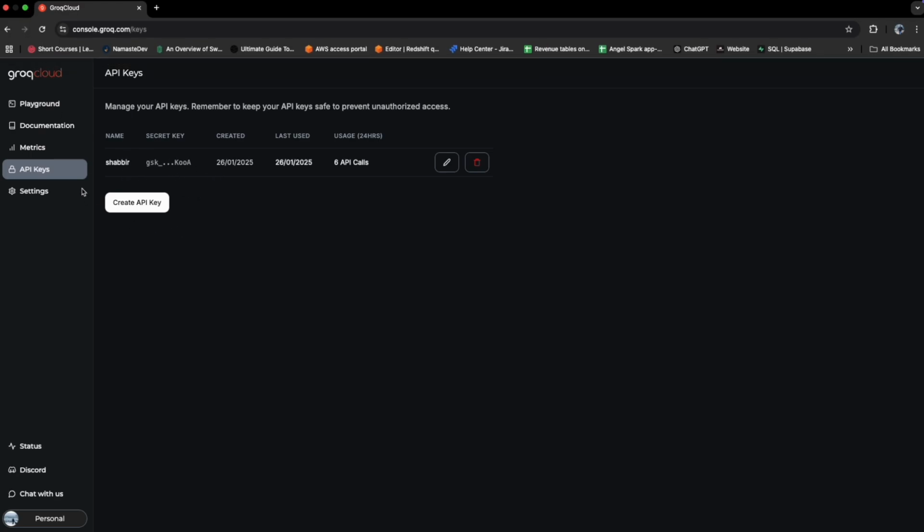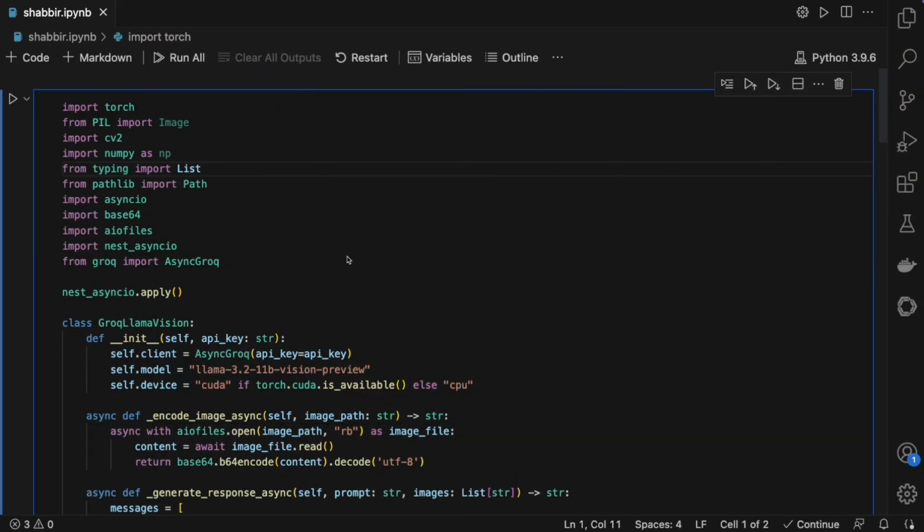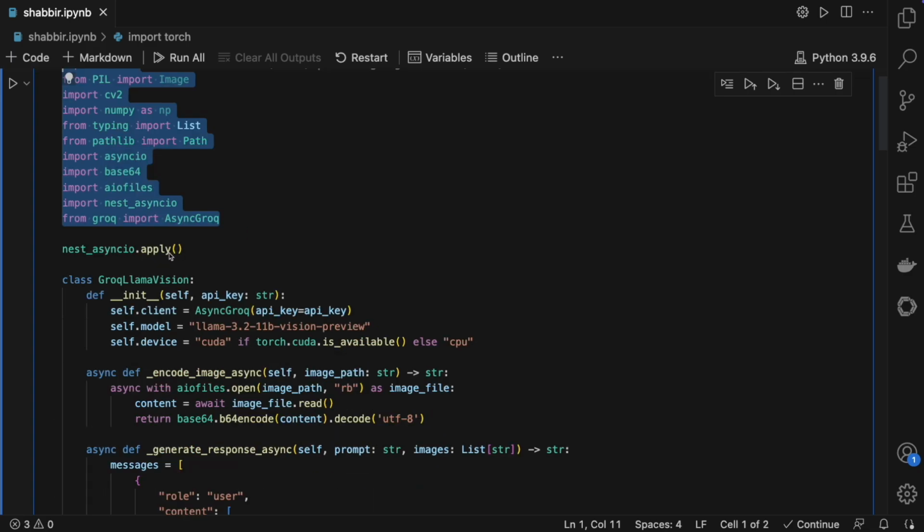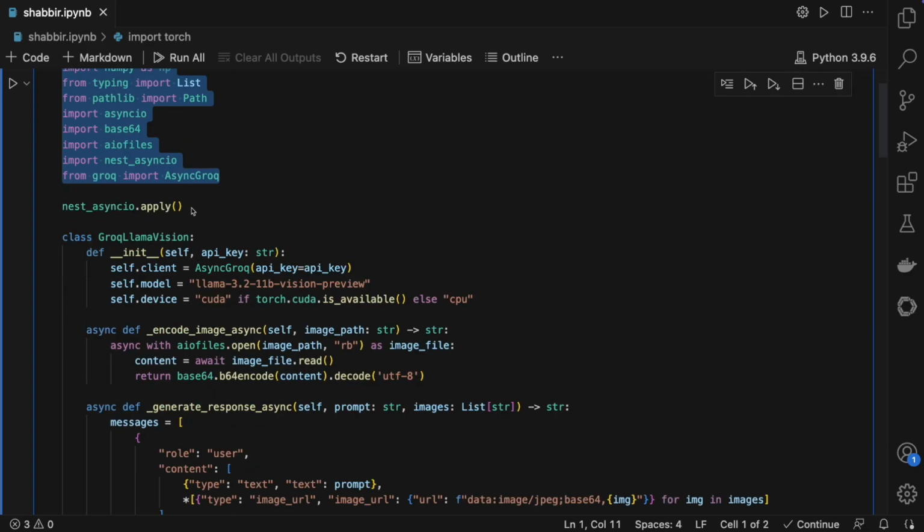All right, let's get to the code part and check what multimodal capabilities are offered by the vision model, which we will be using through Groq. This is the code that I have pre-written for you. These are some basic dependencies that will be required for running the code. Then we apply that, okay, for this piece of code, it should work asynchronously. Therefore, next the asyncio apply function is applied.